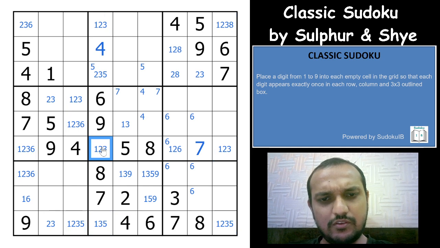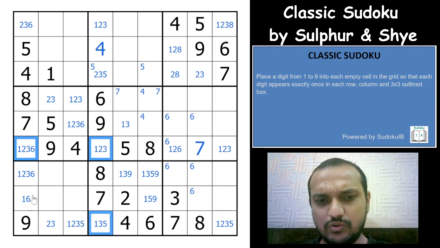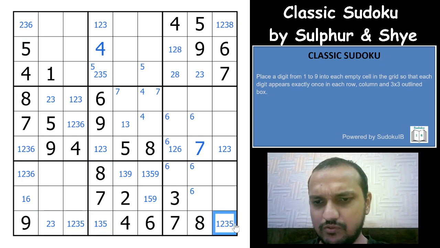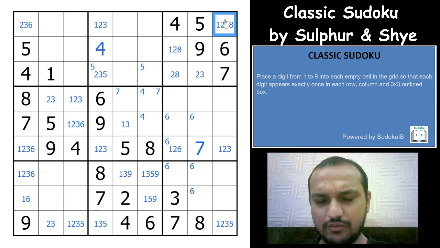let us assume I have a 1 here, which means for one of the rows or the columns, one would have to be at least in one of these two cells. If I have a 1 here, one would be in one of these two cells for this column, and then you cannot have a 1 here, you cannot have a 1 here, one would have to be here. You cannot have a 1 here. That's too complicated. If I have a 2 here,